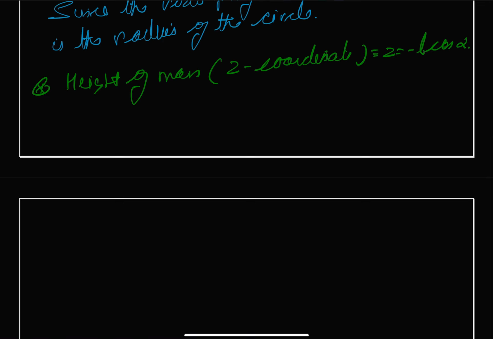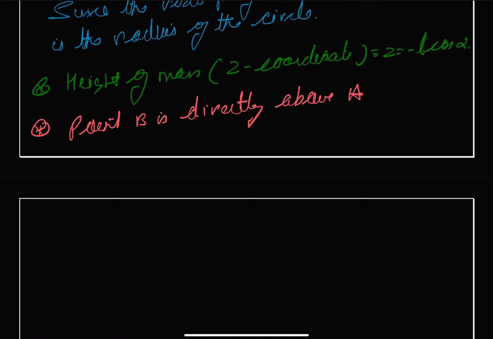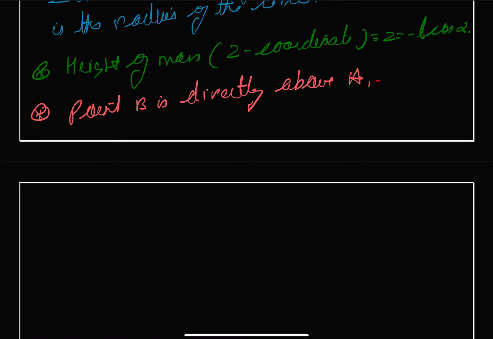Therefore, we can say that our point B is directly above A along the z axis. Therefore, for B we can write 0, 0, h,